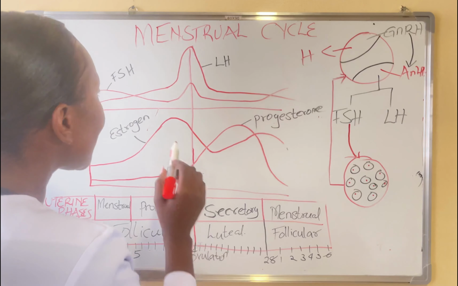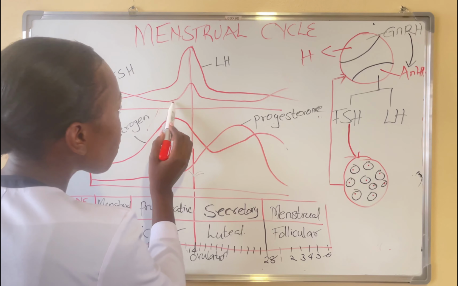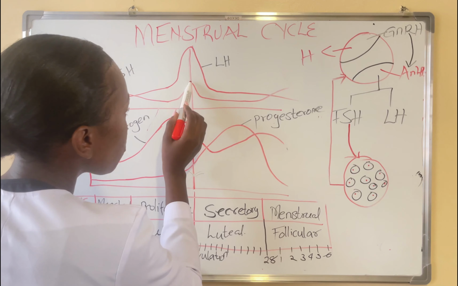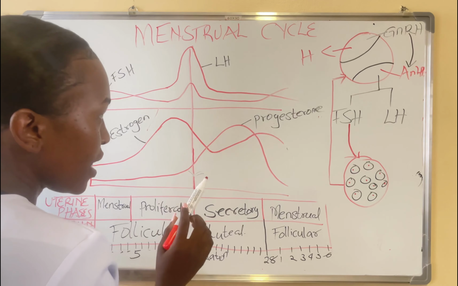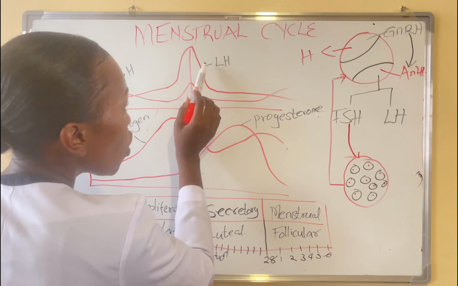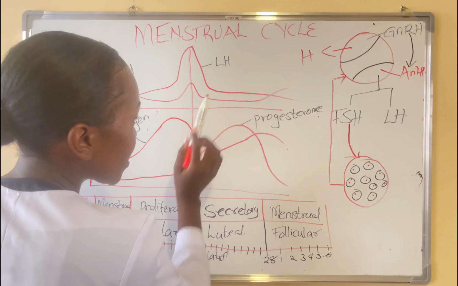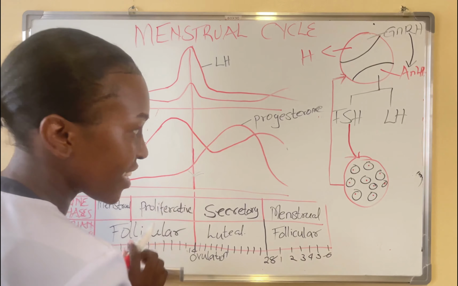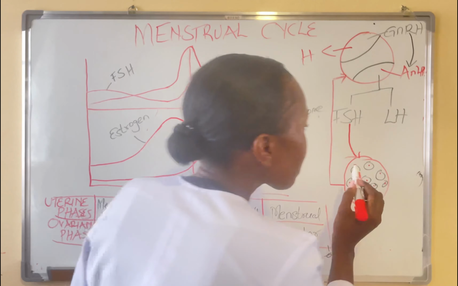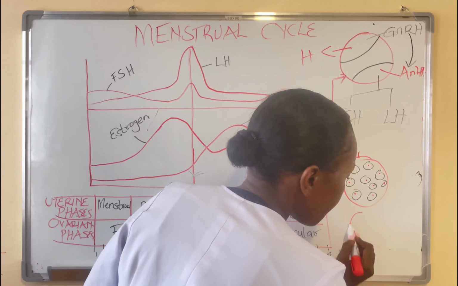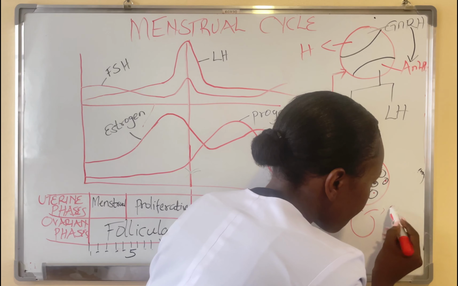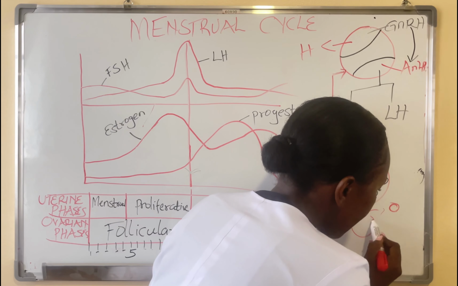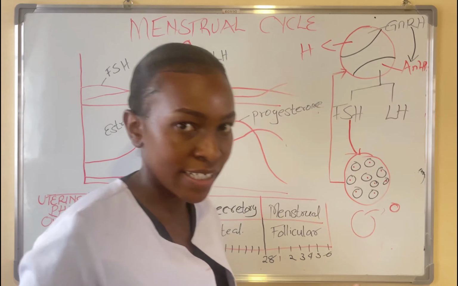During the time of ovulation, the levels of follicle stimulating hormone are high a little bit. But after ovulation, the levels of luteinizing hormone start decreasing, and the levels of estrogen also start decreasing. When the egg is released, the follicle remains left like that.